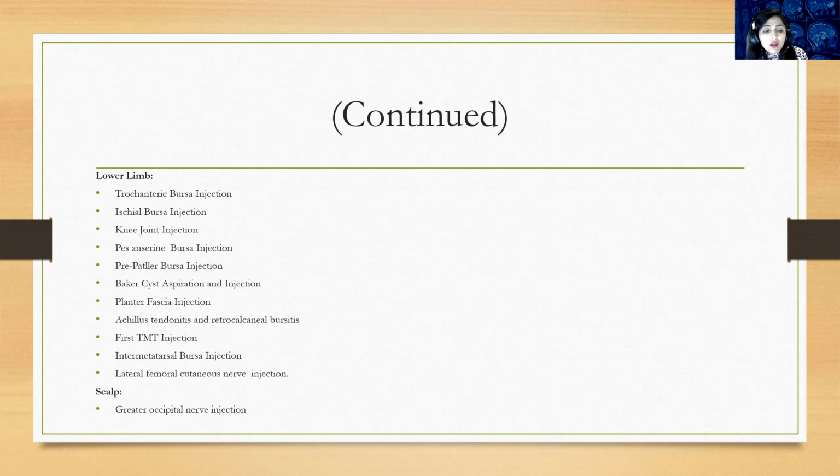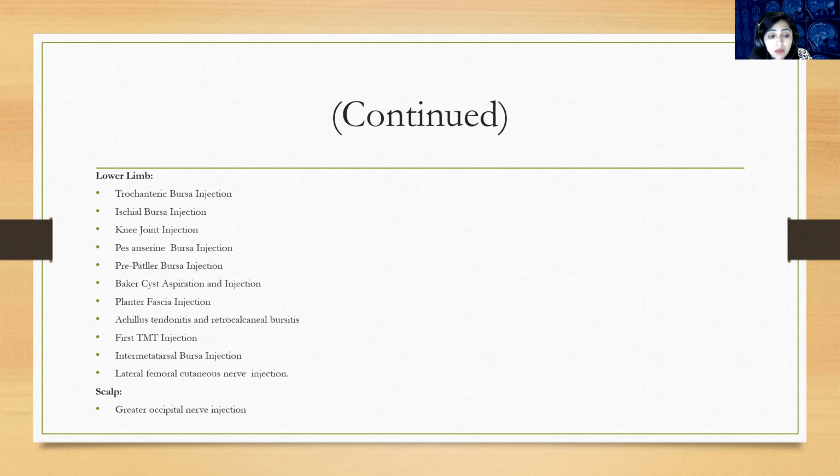Some of our colleagues do perform these peripheral nerve injections, not all of us. Most of the time these peripheral nerve blocks are done by anesthesiologists. But some of the nerves which are easily accessible to our ultrasound, we can perform. So lateral femoral cutaneous nerve, as you all know, actually passes over the anterior superior iliac spine region. And if some specialists refer to us and they know that it's a lateral femoral cutaneous nerve problem, then we can inject in that area.